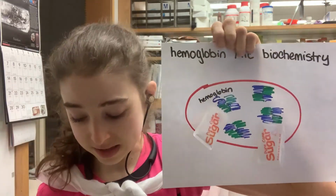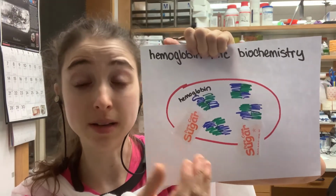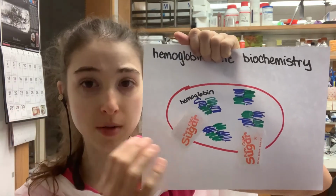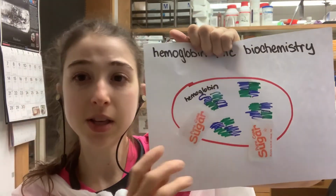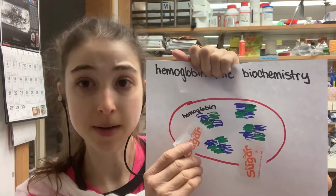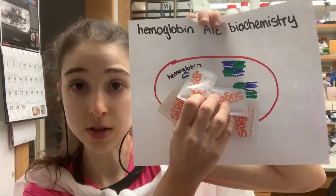You have 200 to 300 million hemoglobin molecules per blood cell. Your red blood cells are basically hemoglobin factories, chock full of hemoglobin, and the hemoglobin is going to hold on to that oxygen, so it's really important. Typically 4 to 6% or so of your hemoglobin will be glycated in a healthy person. But people with diabetes have higher blood sugar levels over time,